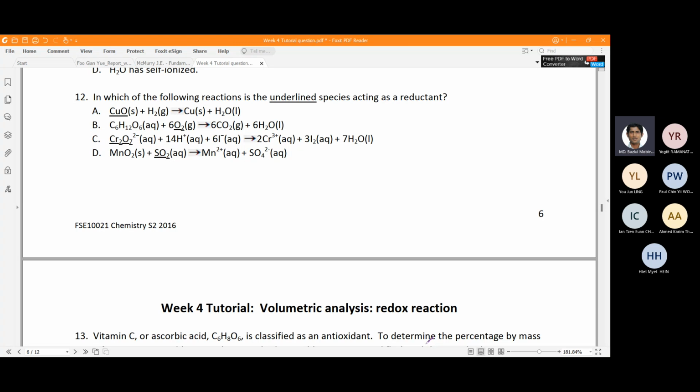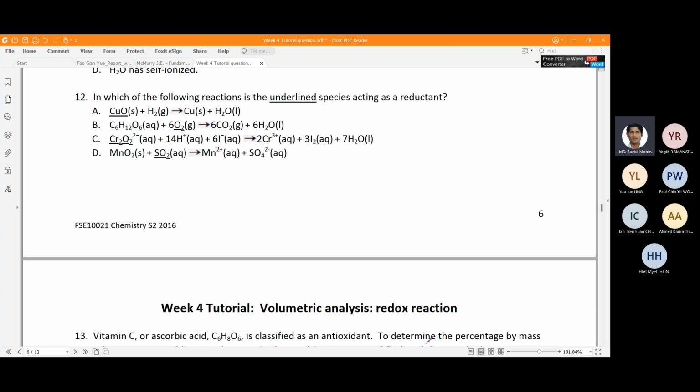The oxygen was 0 here, and then it becomes carbon dioxide. Let's say all the oxygen becomes -2. So the oxidation state is reduced from 0 to negative. So it is also an oxidant, so it is not the answer. In this way, you see that the others are incorrect, only D is correct,